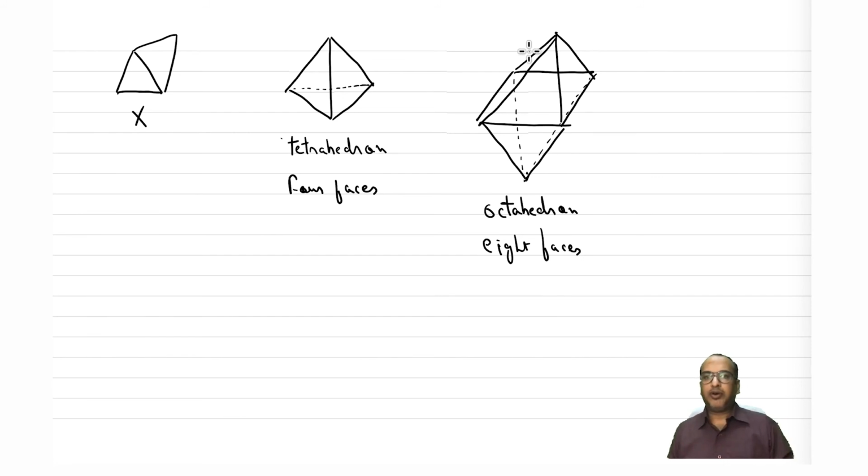Now similarly, if we draw 5, here at a given vertex, four equilateral triangles are meeting. So one is at the back, one is at the front, and then you have one at this side and one at this side, right? So you have 4, and similarly 4 at the bottom. At any given vertex, there are 4 equilateral triangles meeting. So now let's see if we can go to 5 equilateral triangles and make a closed figure. Let's try to draw it.